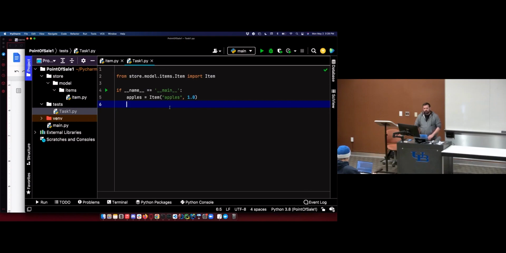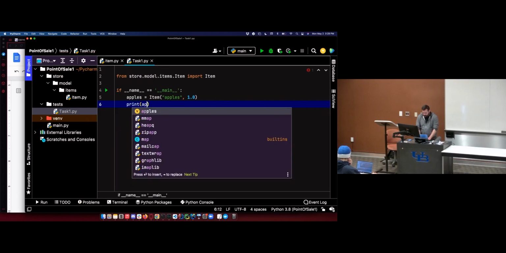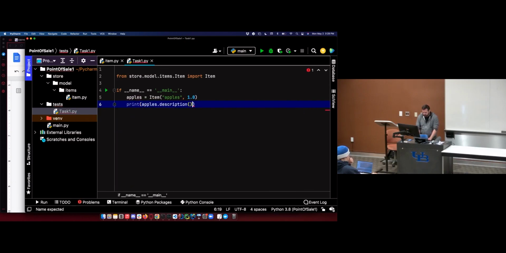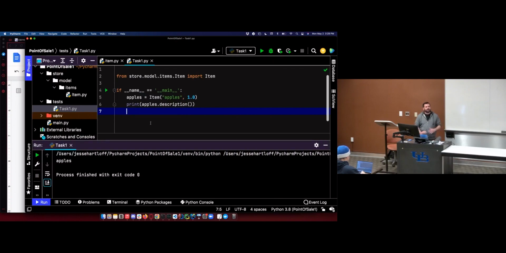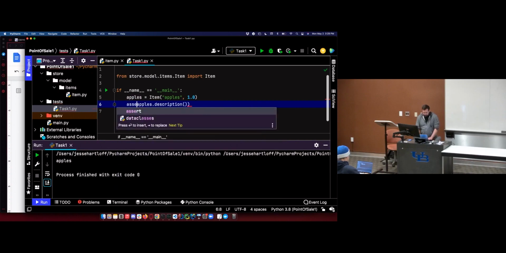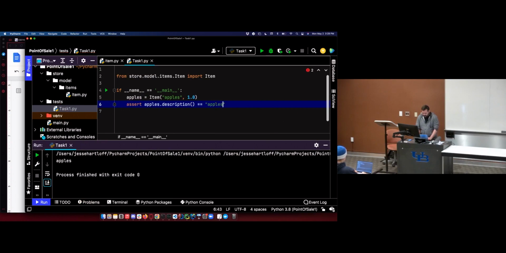And then if I want to test this, I can just say assert. Actually, let's print it first. Print apples.description. And I can call those methods. So this should print apples to the screen. Yay. And it goes nice and fast, no compilation. This is an interpreted language. So I hit that go button, and it goes. I can also change this a bit to actually write a test case. If I rerun this, it works.